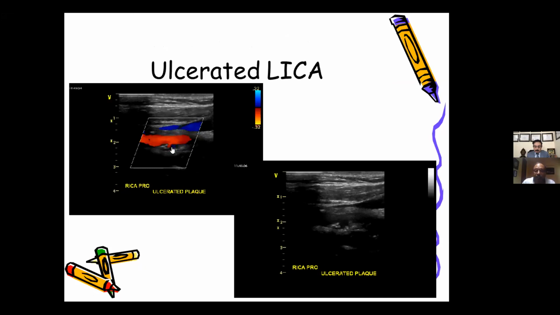And this is further proven by a flow of color into this particular plaque. You can see it very clearly that flow is there. And if you happen to calculate the degree of stenosis by Doppler spectrum pattern, you will say normal. And on top of that, you send this person for carotid MRI or carotid CT angiogram. They say it's normal. But this is a person who is at very high risk of having a cerebrovascular accident, and he should be subjected to intervention despite the fact he does not have any significant stenosis.